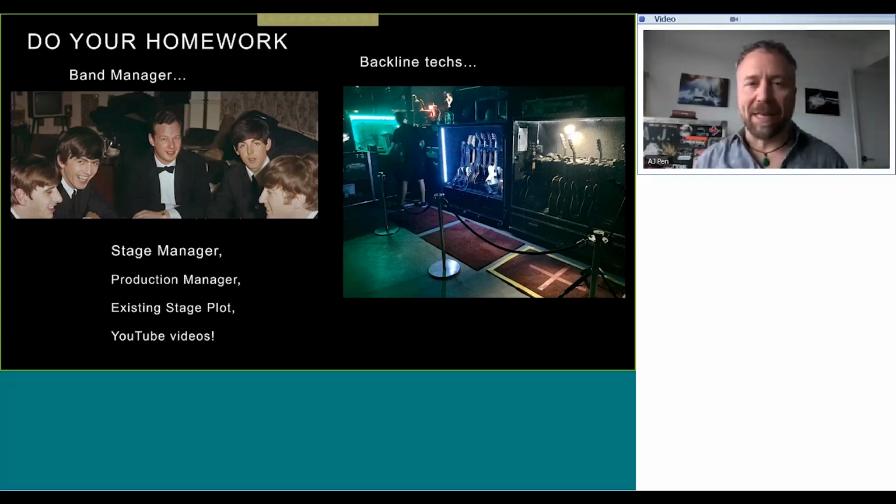But backline techs, they're the ones. They're the people that know what's going on stage. If you see my little shot of Josie here, he's got his stanchion VIP roped off area. He's a very important guy. He knows what's going on stage. He knows what guitar needs to be on stage at what time. He knows when his guy is going to be standing at the microphone. He knows all kinds of other things that are going to move around the stage. If you find out from the backline guys what's happening, you'll be able to decide what needs to be lit, what needs to be advanced.